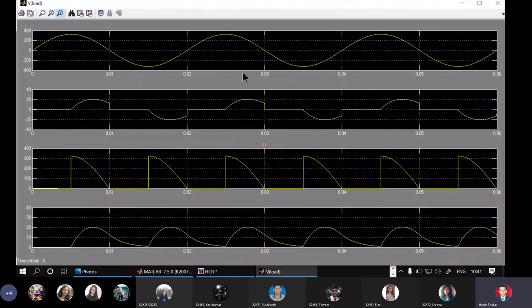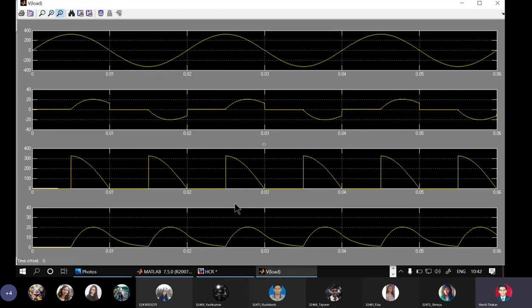You see here we are able to see that the load voltage is still remaining sinusoidal in nature, but the load current is no longer sinusoidal. Why? Because there is charging and discharging. So we know that an inductor delays the current. I am very sorry, an inductor leads to a voltage lead and a current lag. So we are seeing that the current is lagging.